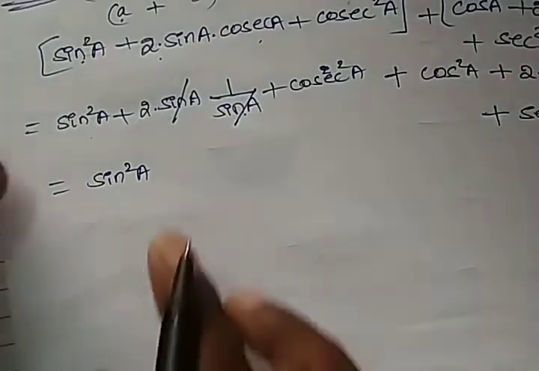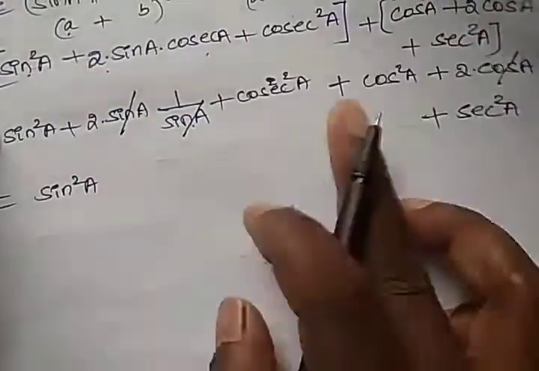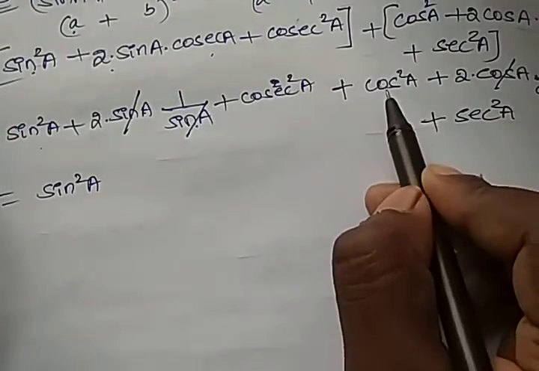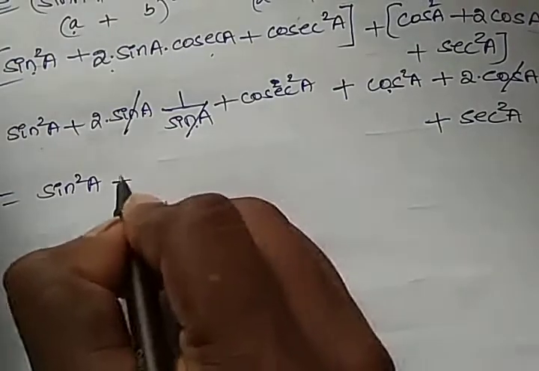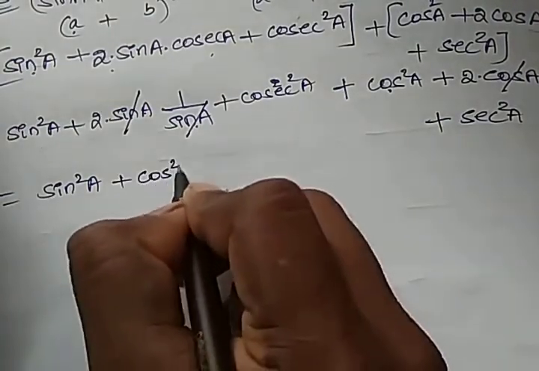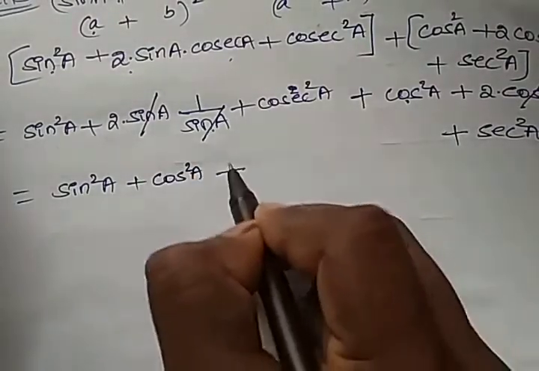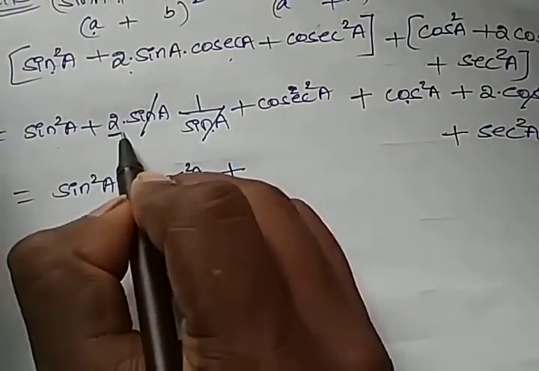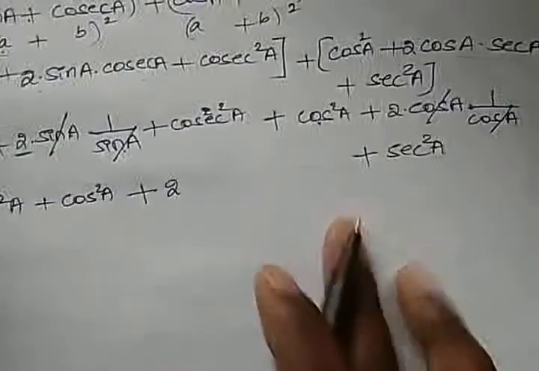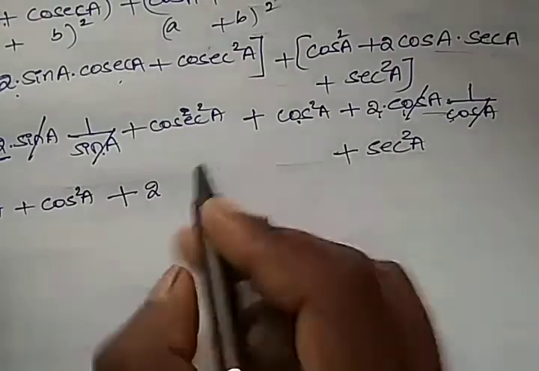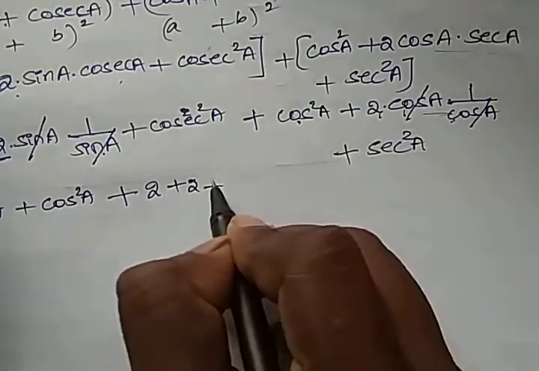Now write another term which comes in identity form, like sin square a plus cos square a is 1, right? Sin square a, here cos square is there, so you can write here cos square a. We have written these two together so that we can apply the identity. Plus 2 is left here, so you can write 2. And here also 2 is left, cos a is gone, 2 is left, so plus 2 plus,